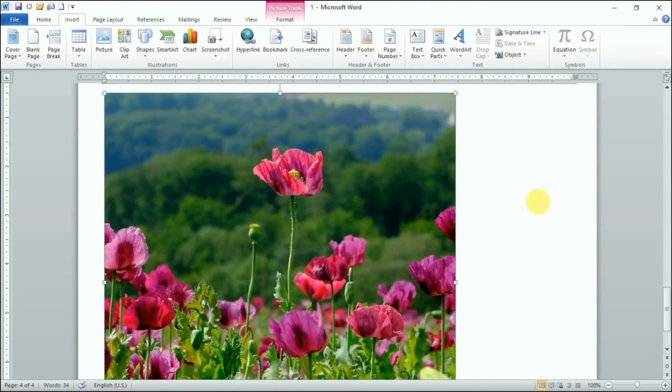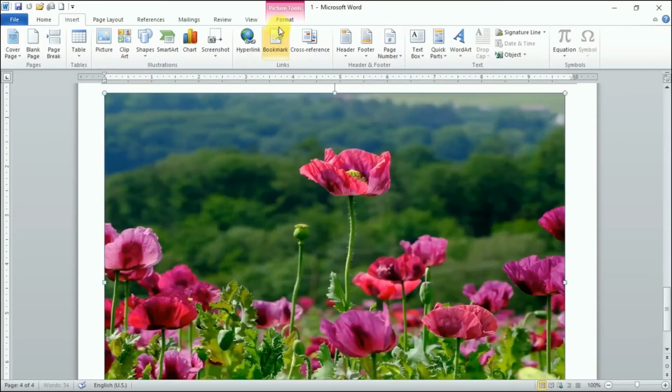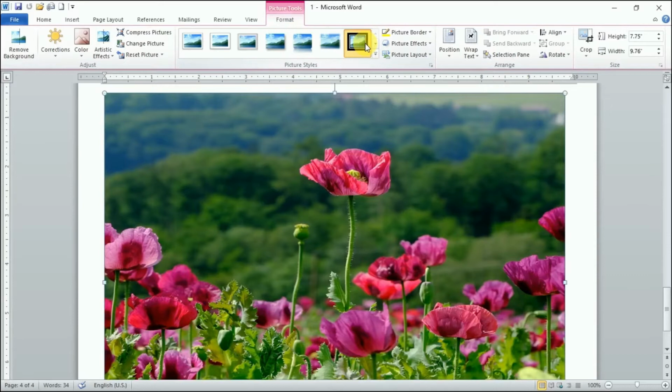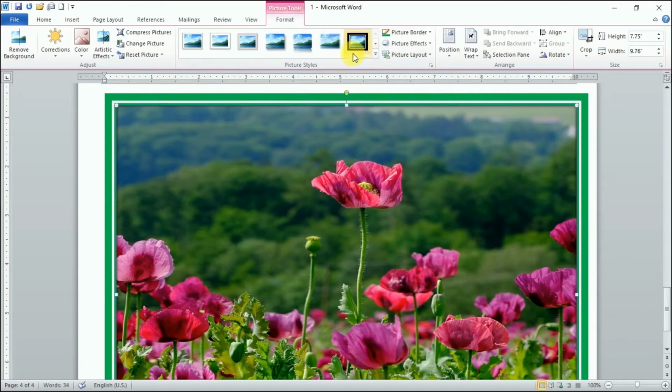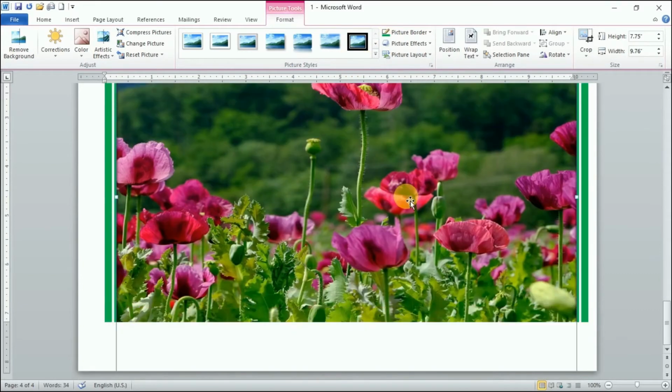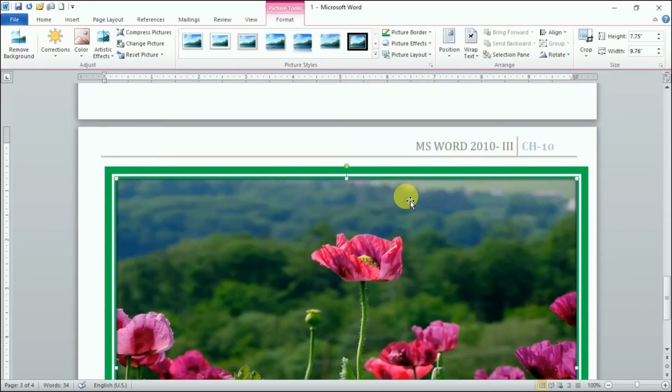And I can place it the way I want it. Again, this format tab will be there and I can give a border to it. I can change the border color, right? So this is how we can insert a picture from a graphic source.